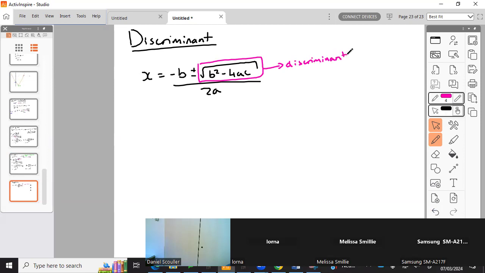And sometimes that's all we need. Okay, now what does the discriminant allow us to work out? If we just work out the discriminant,